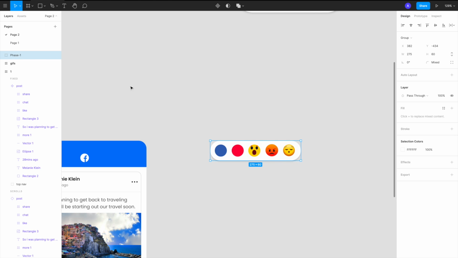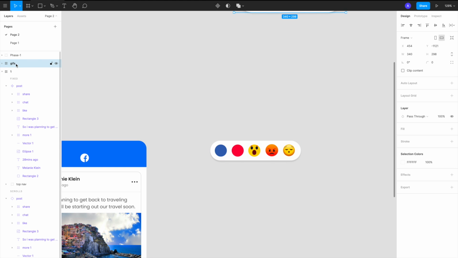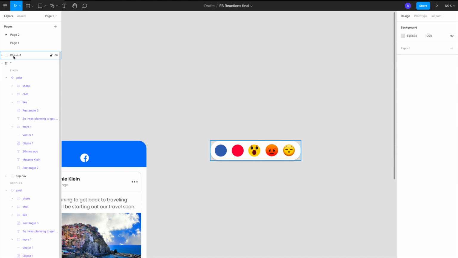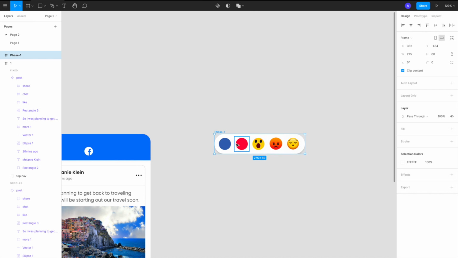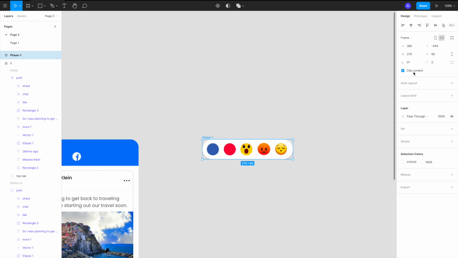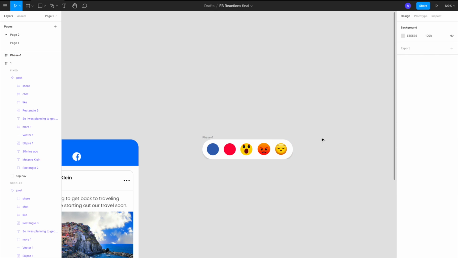Let me also remove this bit. Now we need to change it to a frame, and I'll explain why we need to change this group structure to a frame: it gives the option of clipping content. I'll show you in a bit why we need this.